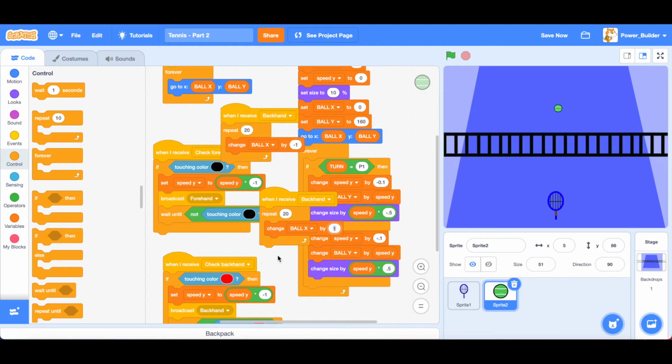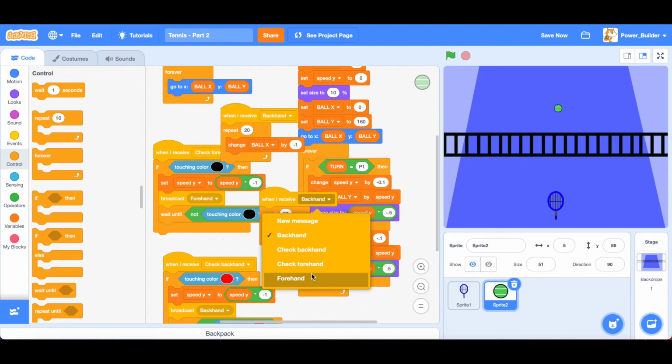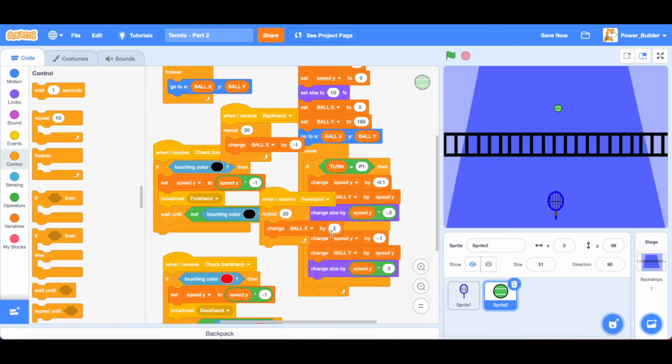And when I receive forehand, change ball x by 1, repeat 20. Maybe 40, since it has to be all the way across the screen.